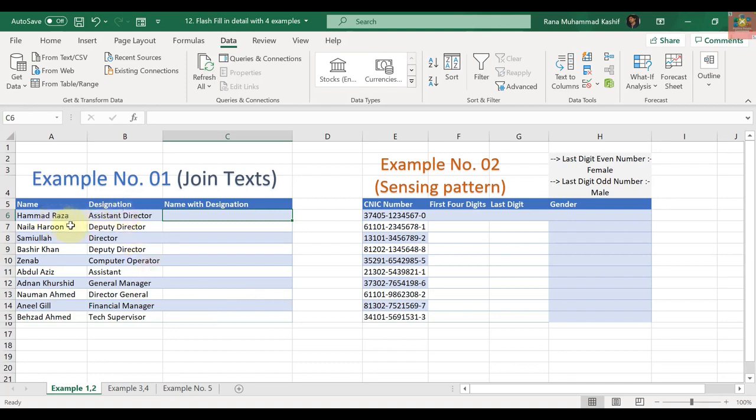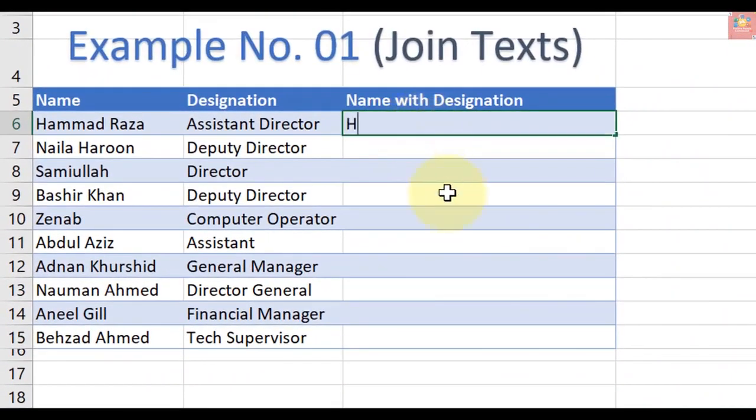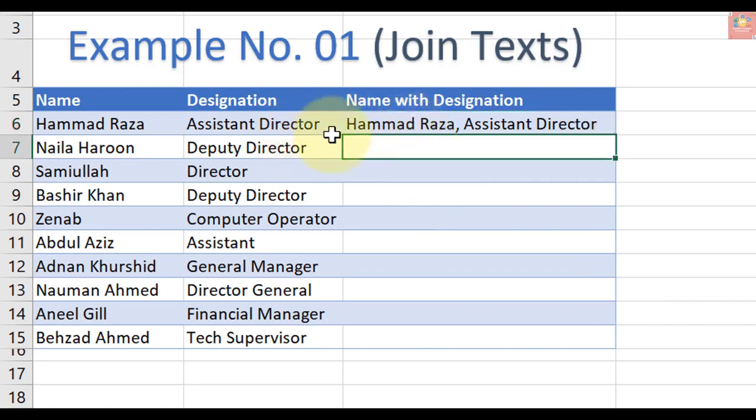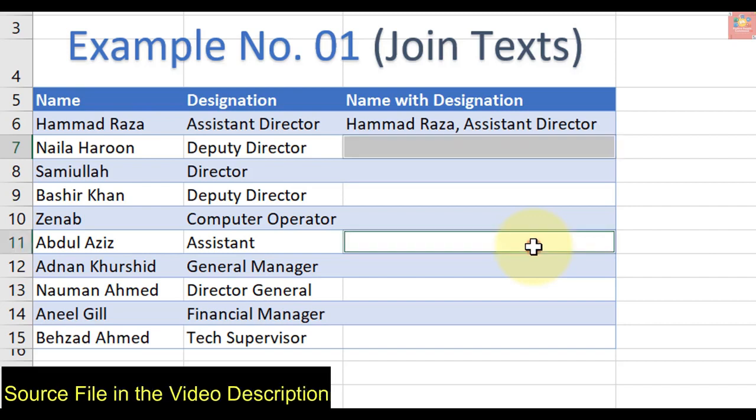What I want is the name along with the designation in a single cell. In this example I have these two things in separate columns. So what I will do is write the first example, Hamad Raza, assistant director. So what I told Microsoft Excel is that I want the name, comma, a space, and the designation. And if I press Ctrl plus E, which is the shortcut key for flash fill,